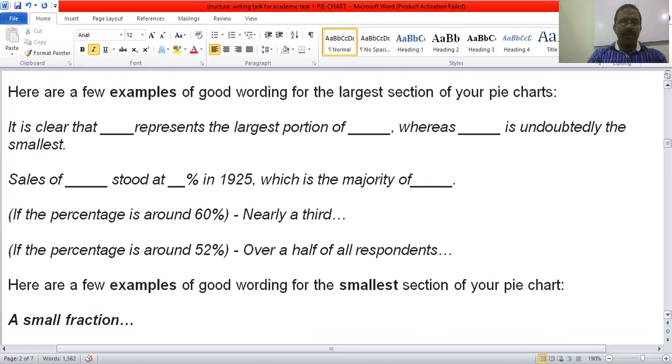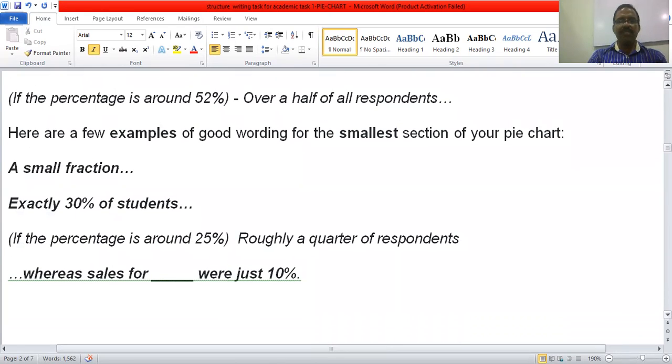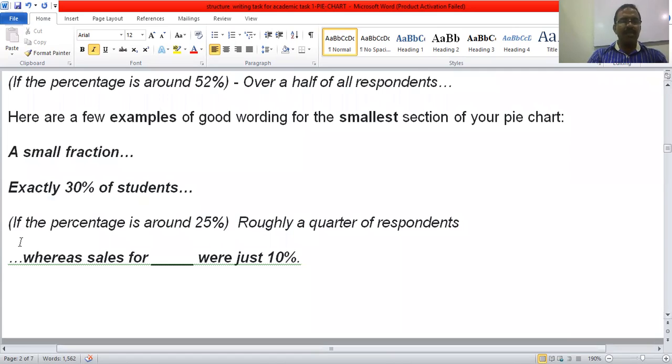Here are a few examples of good wording for the smallest section of your pie chart, like a small fraction, exactly 30% of students. If the percentage is around 25, roughly a quarter of respondents. Quarter means the fourth part, 25%. You know about quarter and half. Roughly a quarter of respondents, whereas sales for